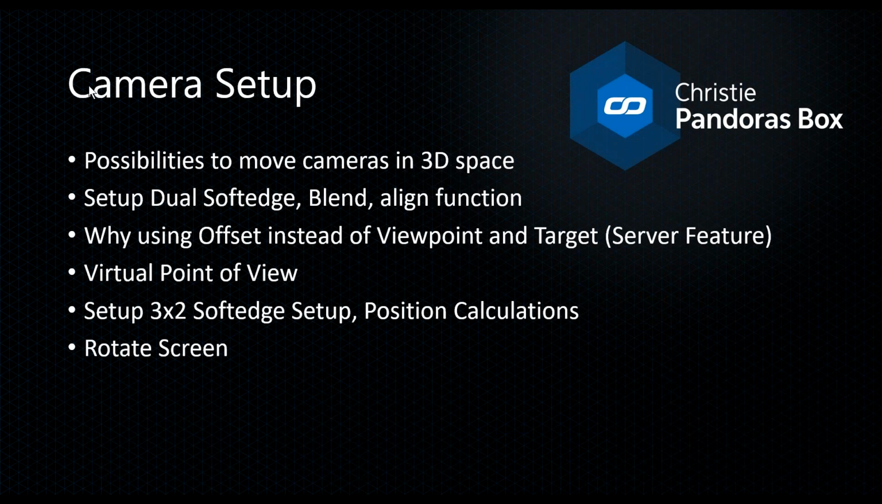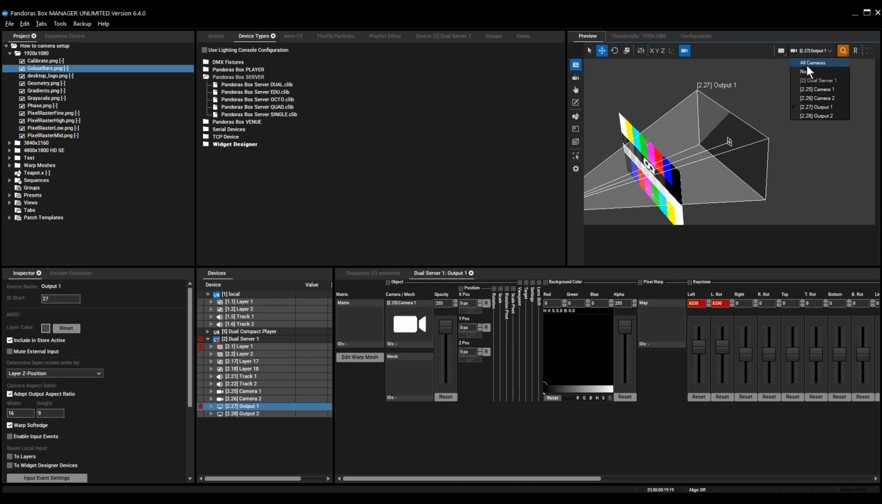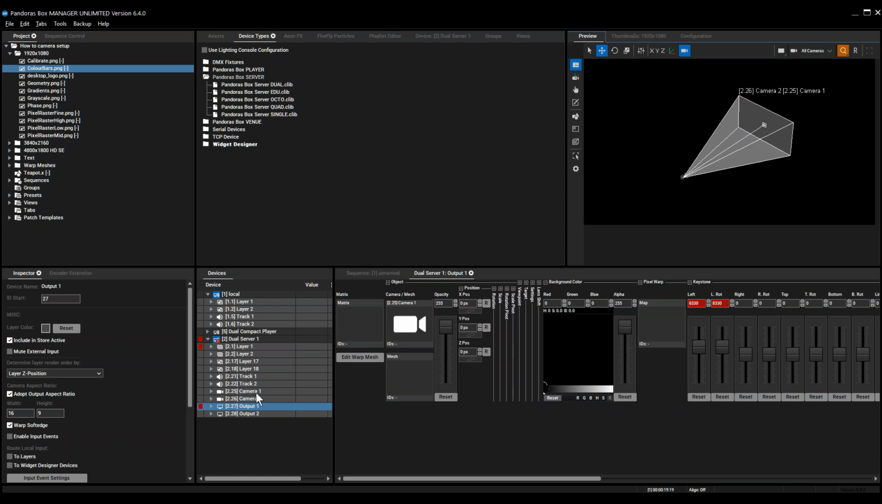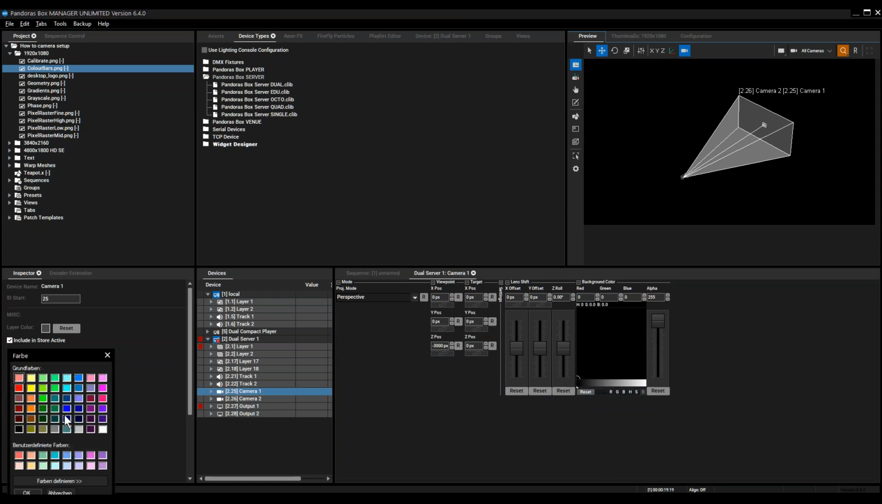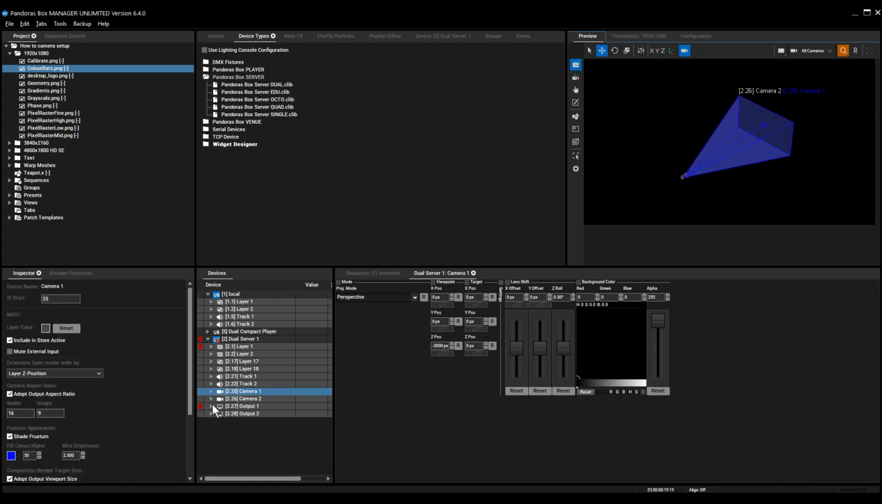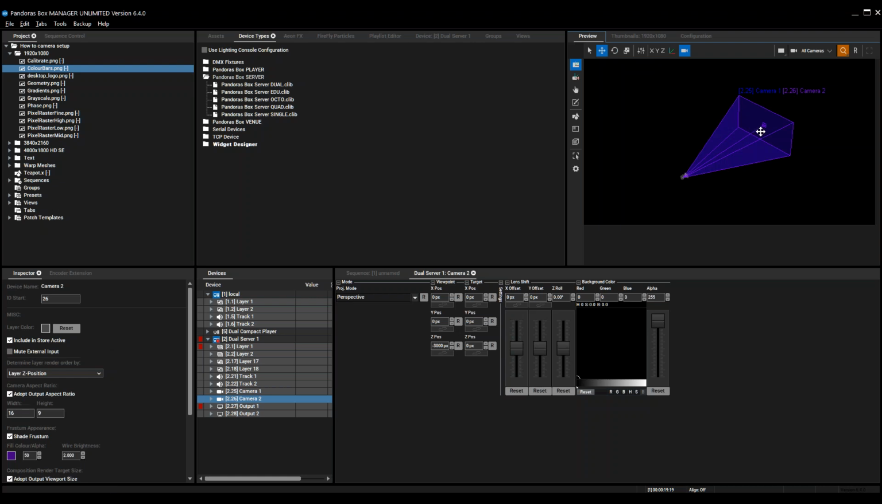So next thing is the camera setup. That's the main topic of this webinar, of course, how to set up cameras and why do it that way. Of course, I have the possibility to move cameras in 3D space. Let's go back here. For now I give the cameras a different color to better identify. The first camera is blue, let's say. The second camera is kind of purple. So these are my two cameras, and by default, they're both